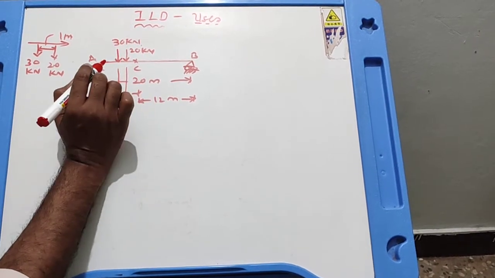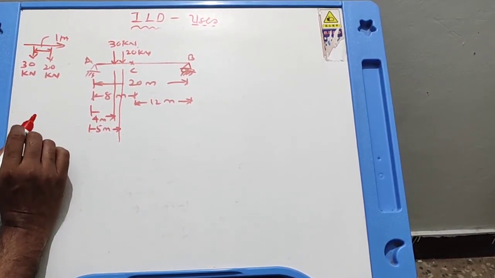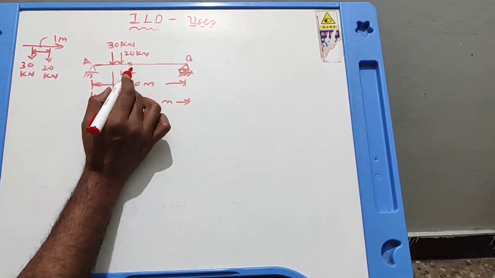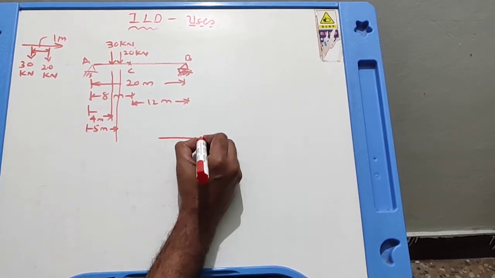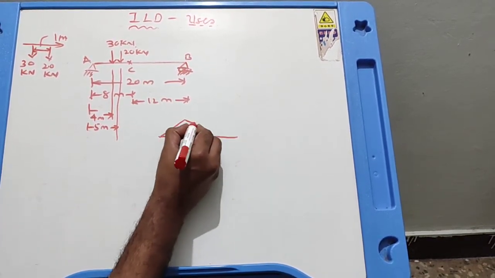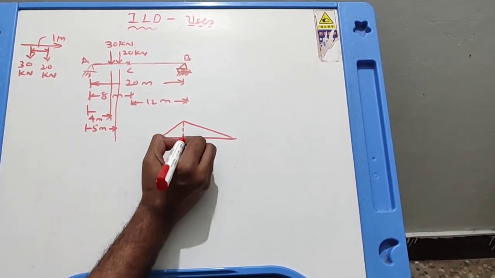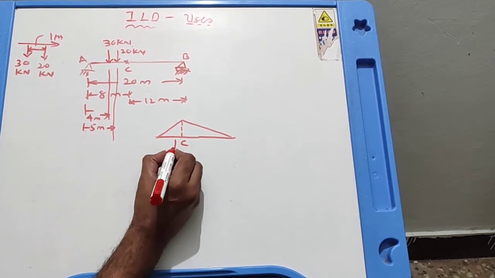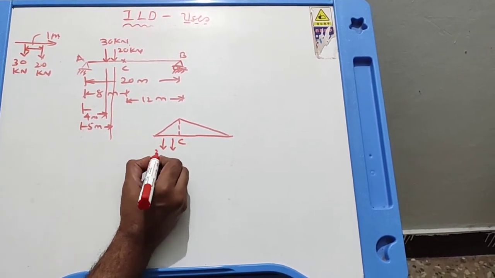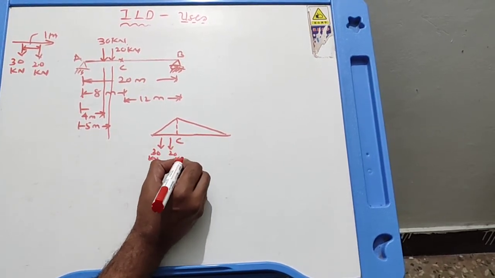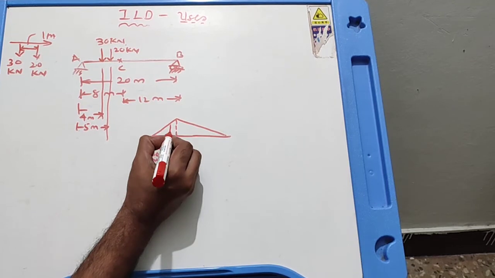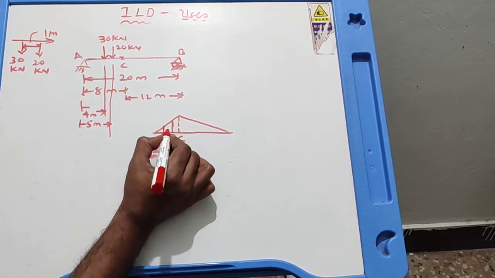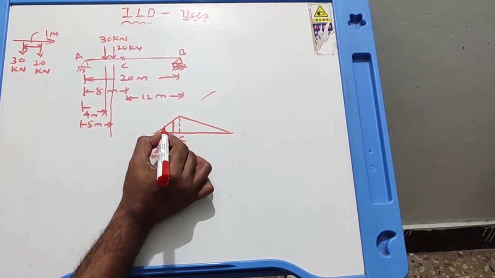So at this position, if you are asked to find the bending moment and shear force at C, what is to be done is simply draw the influence line diagram for bending moment and shear force at C and keep the loads. For instance, we have seen already, this is the influence line diagram for bending moment at C. We have already seen how to draw it. Now keep these loads like this. This is section C. This is 30 kilonewton. This is 20 kilonewton. Okay, you have kept the loads. Now you know what this ordinate is. You can find it because you know the geometry of this figure. From the slope of this line, you can find this ordinate and this ordinate.